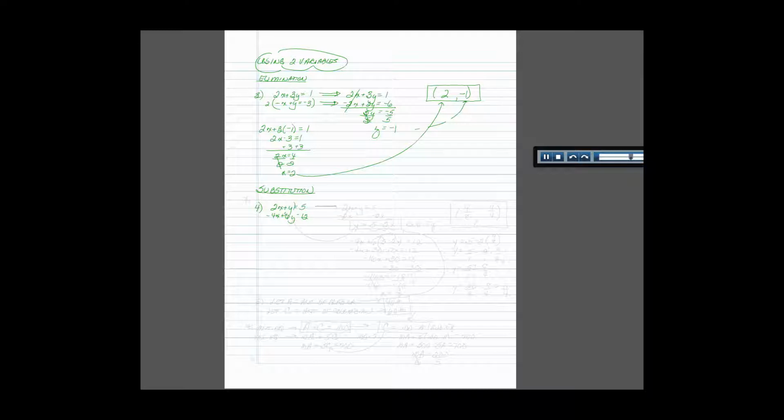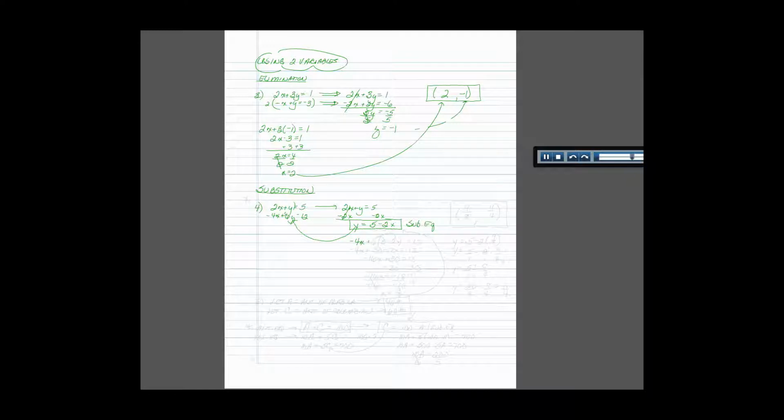So I'm going to take that equation, 2x plus y equals 5, and I'm going to solve it for y. So I subtracted 2x, and I get y equals 5 minus 2x. That becomes my substitution equation. And where am I going to substitute it? I'm going to take what y is equal to, and I'm going to put it right here in the other one, in the y place. So that would give me